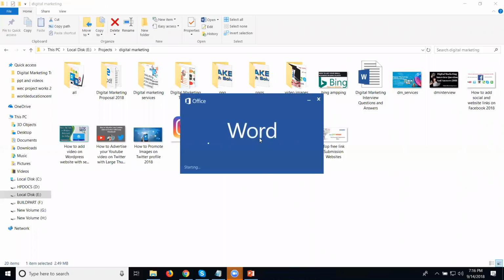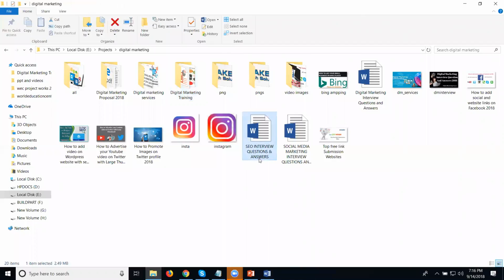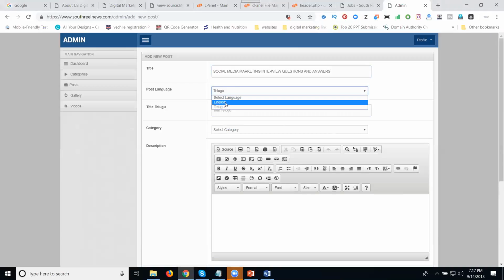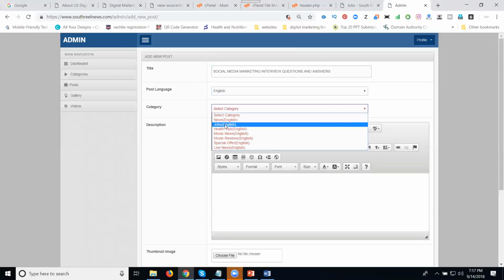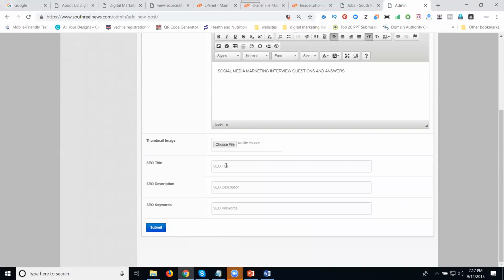So I'm opening a Word document. Now here, select it. Select here. Paste it.